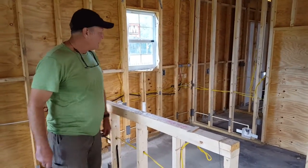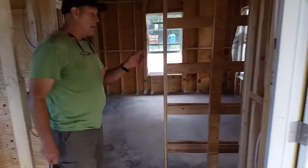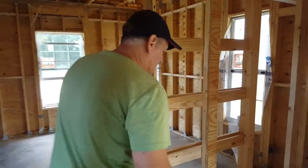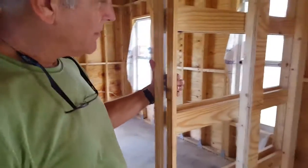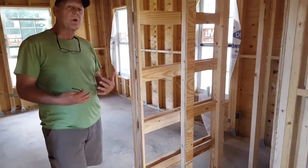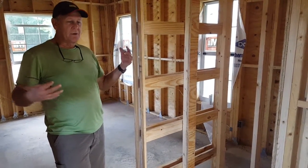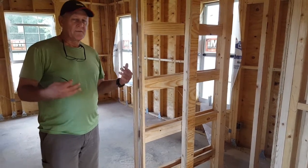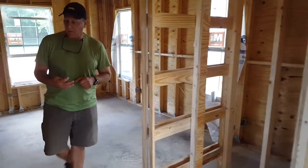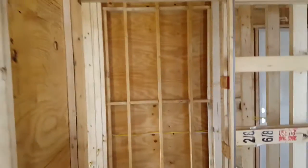So moving right along here, we'll move into the master bedroom. But before we go there, we have a little coat closet. And there's no utilities inside that, so really not much to show you there. But one of our key features of our buildings are these pocket doors. We like to have our rooms as clean as possible and not have doors swinging into the interiors or out into the rooms. Makes a big difference on your ability to furnish and not have doors swinging and blocking openings and walls, since we don't have that much of it. So moving into the master bedroom, we have a very nice walk-in closet, and you can see we